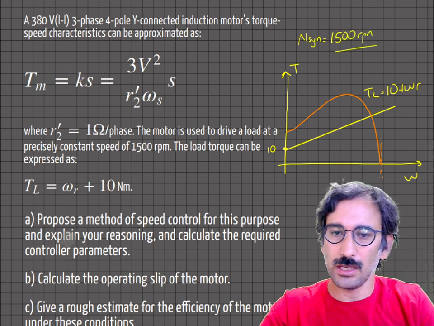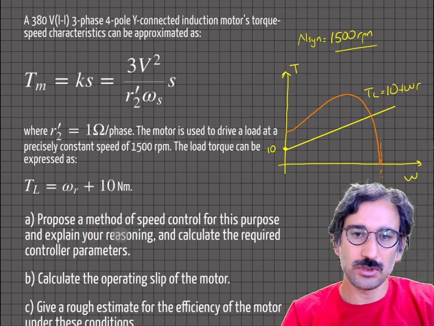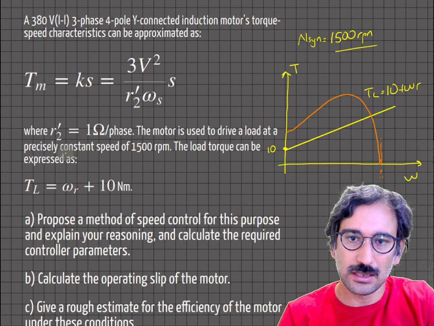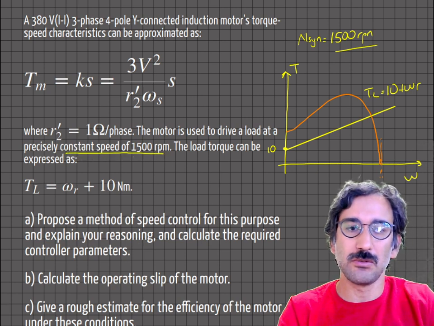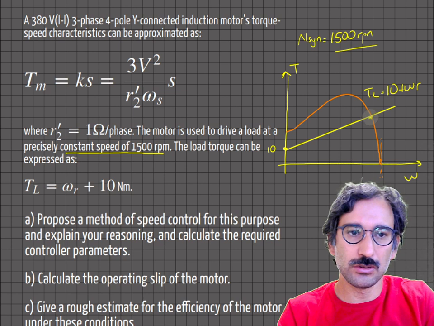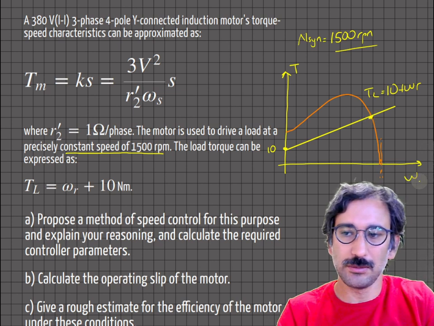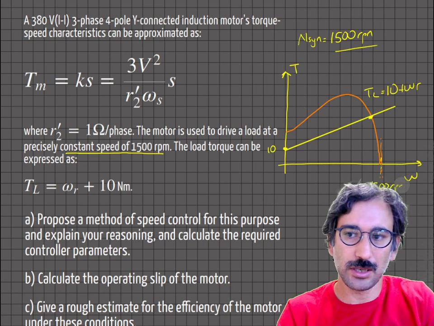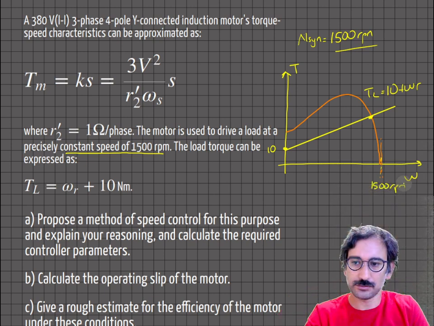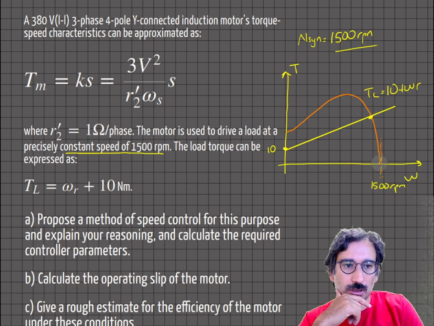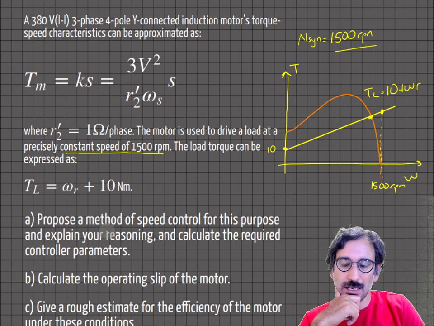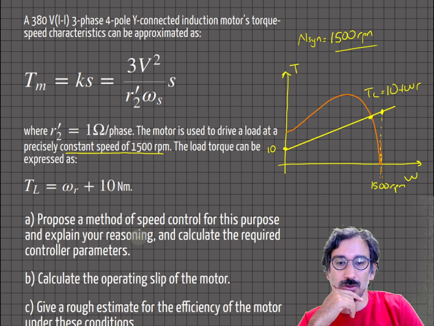Okay, so the question asks, propose a method of speed control for this purpose, and our requirement is we want to drive that load precisely, I mean this is omega, but this is equal to like 1500 rpm, for example. Okay, so I want to run that machine exactly at that value, but it asks us to choose a speed